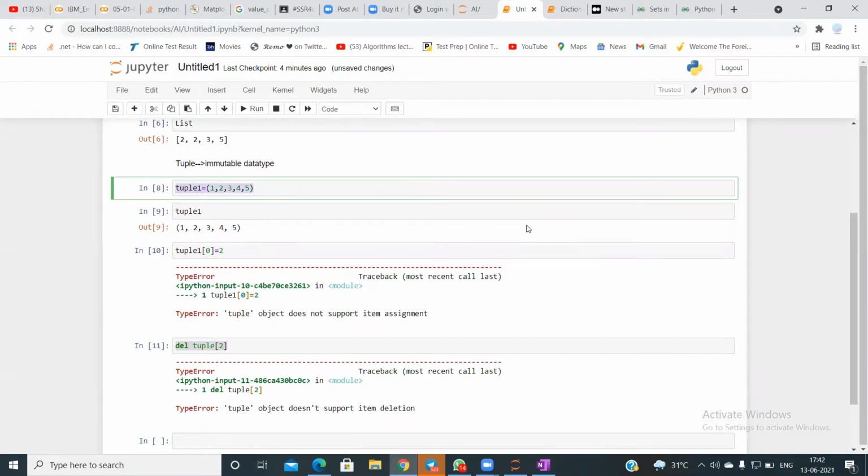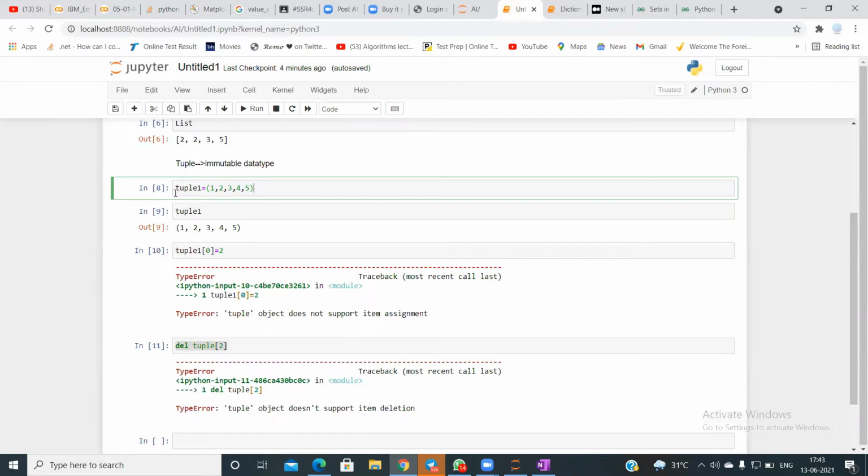It is used when you don't want your final data to change. Sometimes you don't want your original data to change, but you want to create a copy of that original data and then work on it. At that time, you can make a copy of the original data and change it into a tuple format.